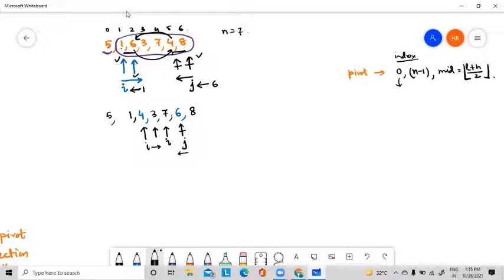Now I will start the J loop. J is here. Now this element is greater than pivot, so J will move forward. So J will come into this position. Now this one is again greater than pivot, J will move forward. So J will come into this position. Now this one is smaller than pivot. So where does J stop? J stops in this location, and I stops in this location.